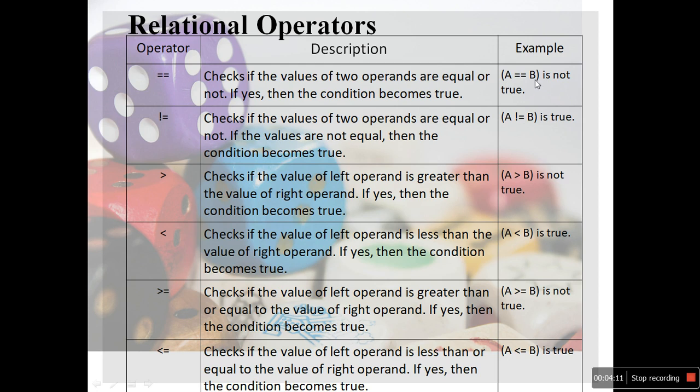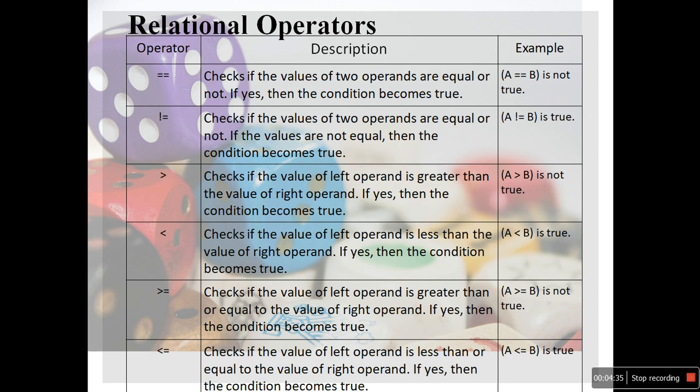So if I take a number, a is equal to 10 and b is equal to 10, both numbers are equal and the condition is true.